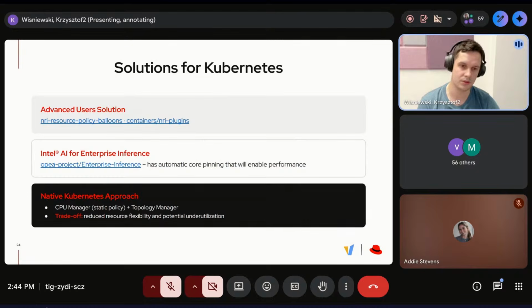Additionally, you can play with Kubernetes settings. If you properly tune kubelet, you will set the CPU manager policy to static and add additional parameters to the topology manager, so you tell it to allocate whole CPUs. You will get a similar result. But the trade-off is that when you have hyperthreading enabled, so you have 2 threads per core, you have to allocate both hyperthreads to the same process. And that means you cannot put anything else on those same cores.